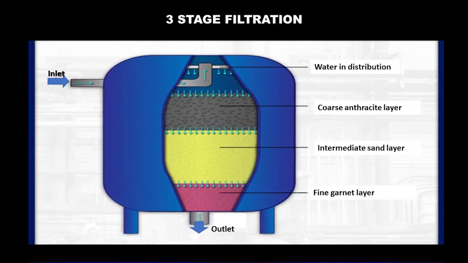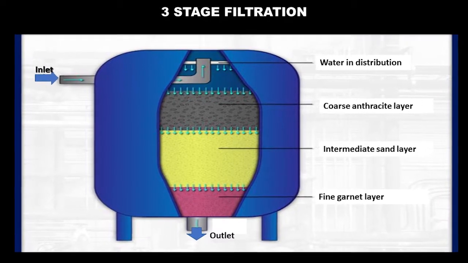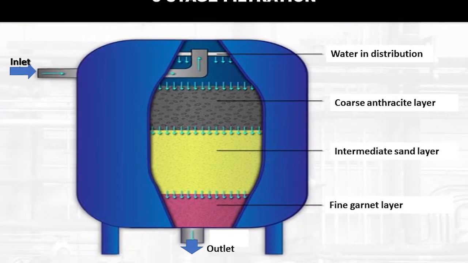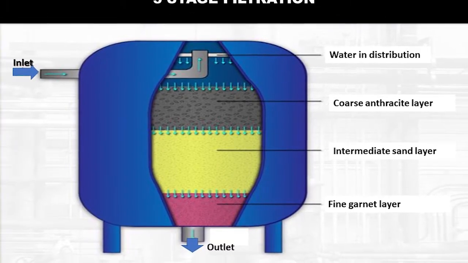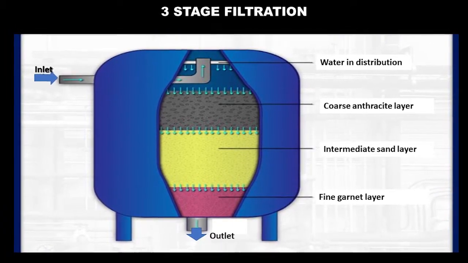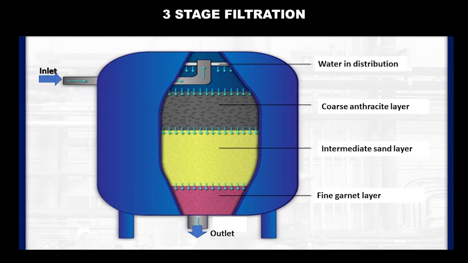Next stage is filtration. Clarified water enters the filters from the top. Gravity pulls the water down through the filters, where it is collected in a drain system at the bottom of the unit. Most common media used in filters are sand and gravel to get excellent mechanical filtration of particulate matter, and granular activated carbon to remove organic compounds which can cause taste and odor problems.